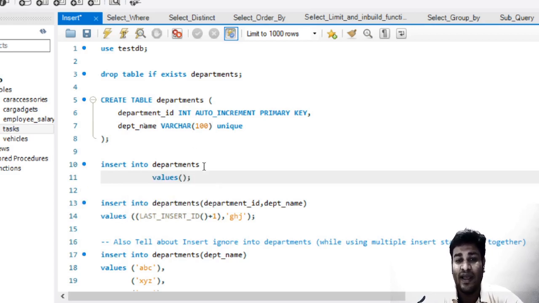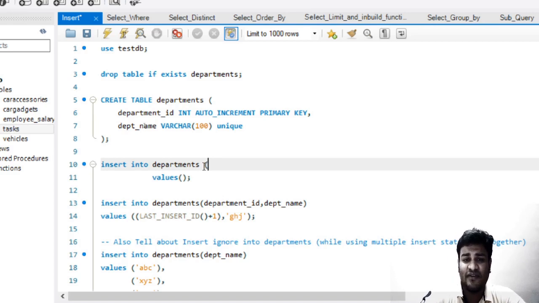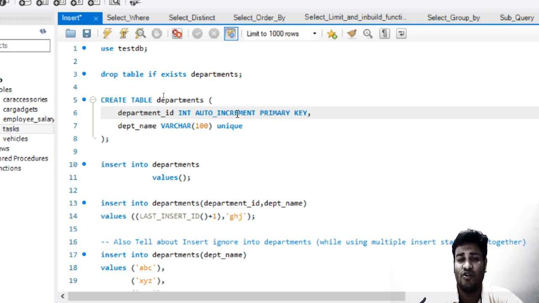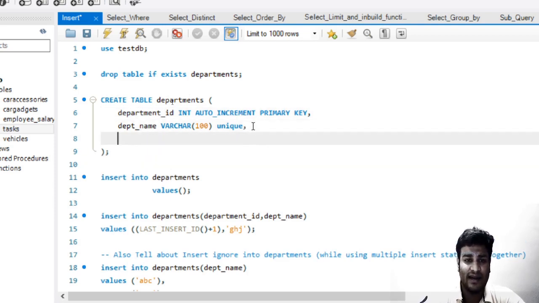This is good. If you do not specify a parenthesis and give the column names here, then it means that you will have to give the values of all the columns. Here it has only one column to be represented, because department ID is something which is auto incremented, right? Let me add another column, say department value.